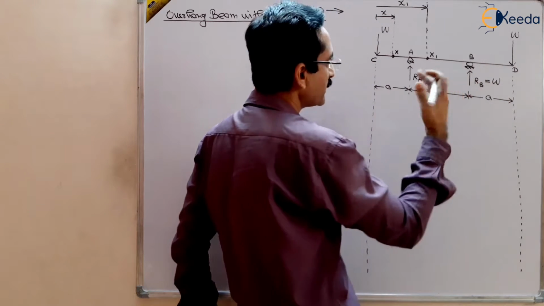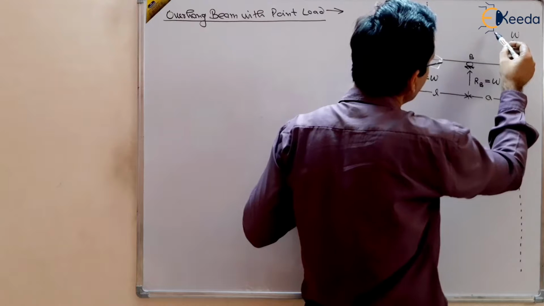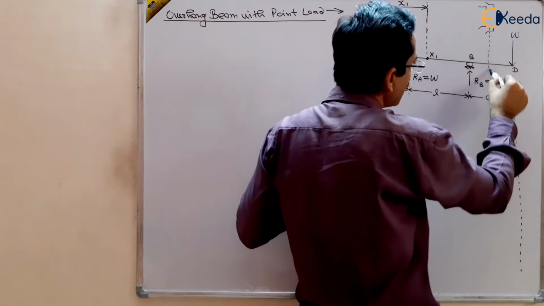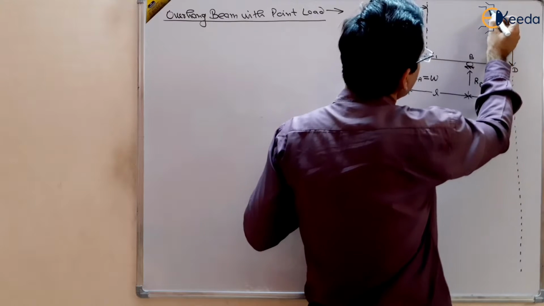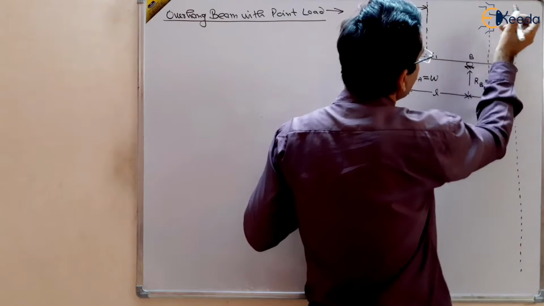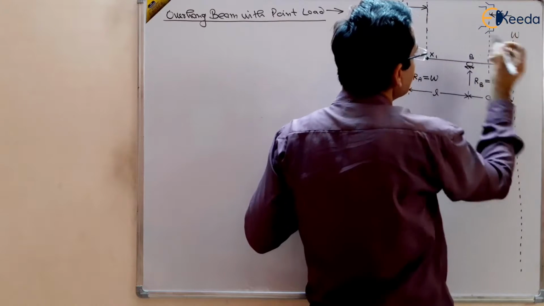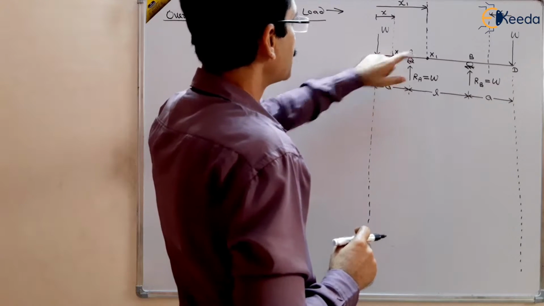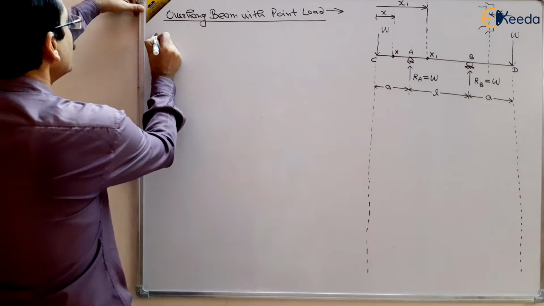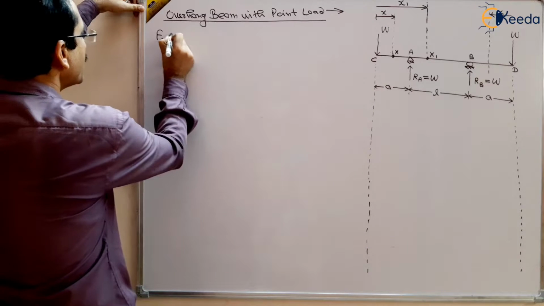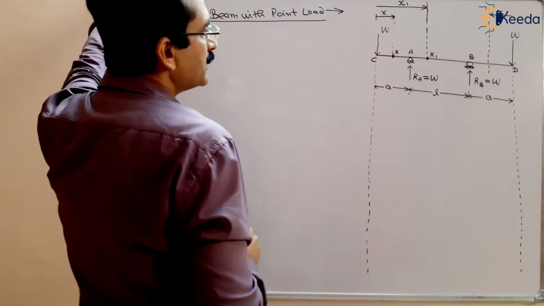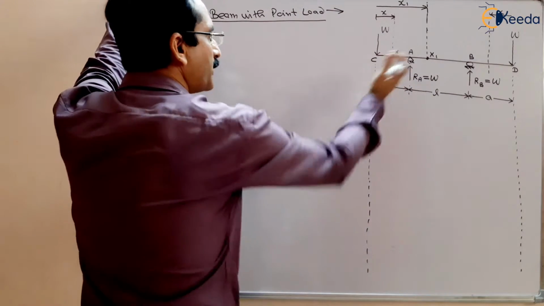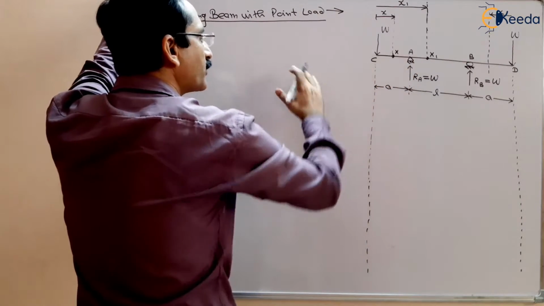So I can take one more. Although it is a symmetry, another length, say x again, can be taken from this side later on, right? First I want to find out the shear force at this point, Fx. So Fx will be equal to the sum of all the forces to the left of the section or right of the section. I am taking left because it is very easy to find out on the left.